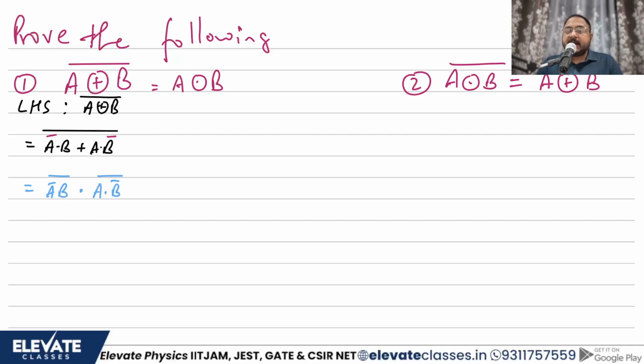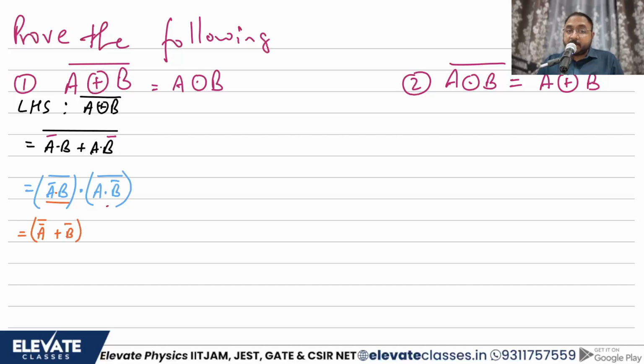In the next step, I can again apply De Morgan's in two places. I can treat this as two separate terms. I'll put a bracket just so that you understand I'm treating this as two separate entities, and I'm applying De Morgan's to each. For the first bracket, there's a dot in between that will turn to plus, and this complement will be broken. So already I had A bar, one more complement, and B, one more complement. This is the first bracket.